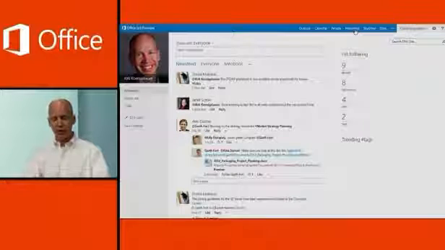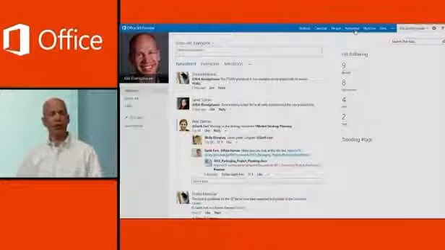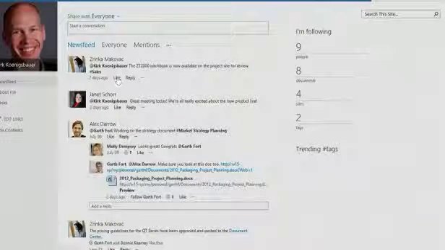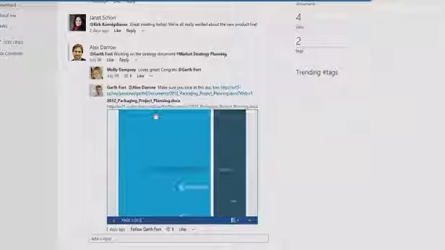Now, you see in the center of the screen a news feed or an activity feed. And this has all the kinds of social networking capabilities that you would come to expect. The ability to do things like replies. As I go through here, you can see these microblogging threaded discussions that are here. I can insert links. You see there's a document that's been posted. I can preview that right in line. So without leaving the context of SharePoint, I can say, hey, is this a document maybe I want to go